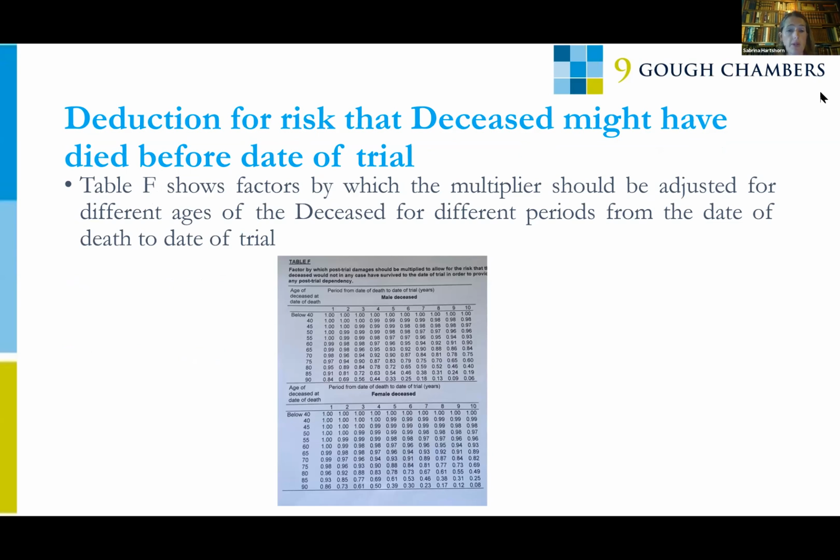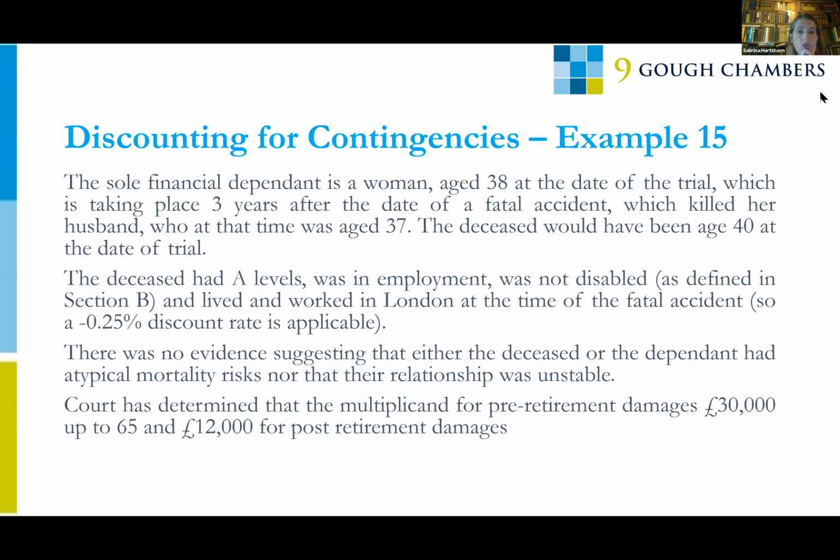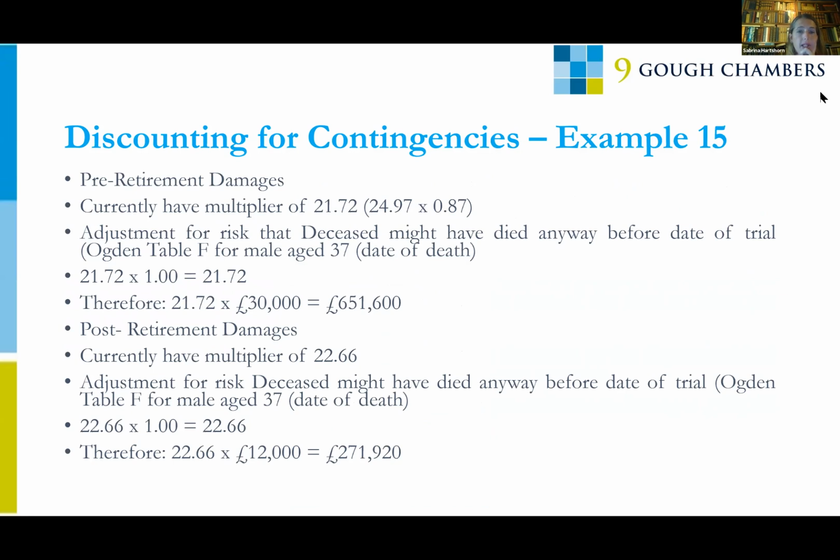Then we obviously have to apply the deduction for a risk that the deceased might have died anyway before the date of trial, and that is when we look at table F. So again, we are looking at a man who was below 40 at the date of death, and 3 years it took to come to trial. So we're going to be applying 1 for that reduction factor. So on pre-retirement damages, we currently have a multiplier of 21.72. We make the adjustment under table F, it remains at 21.72, and therefore we come out with